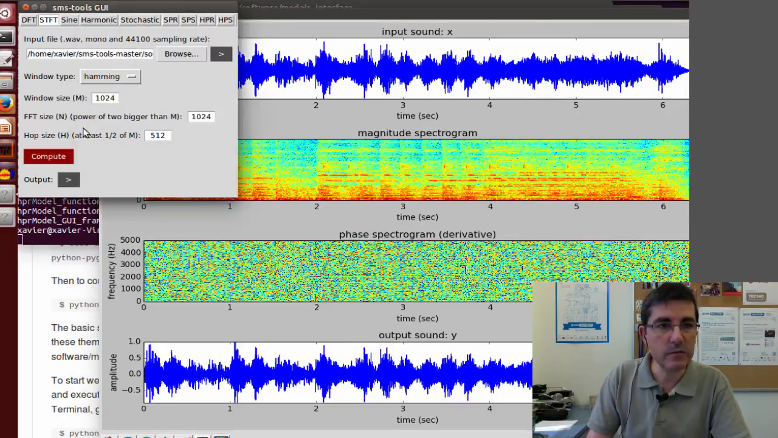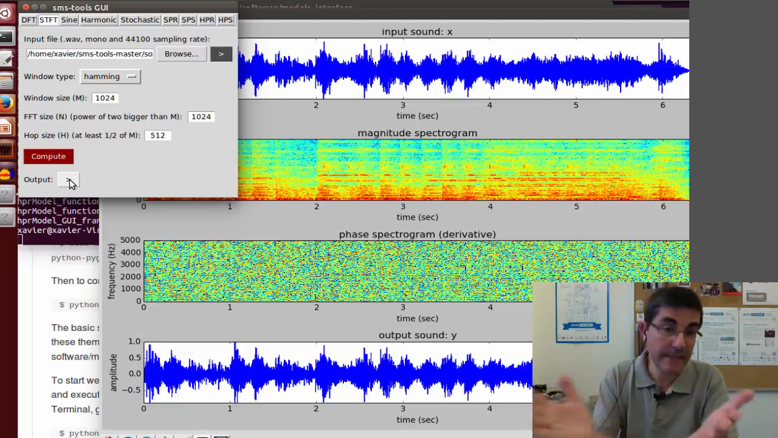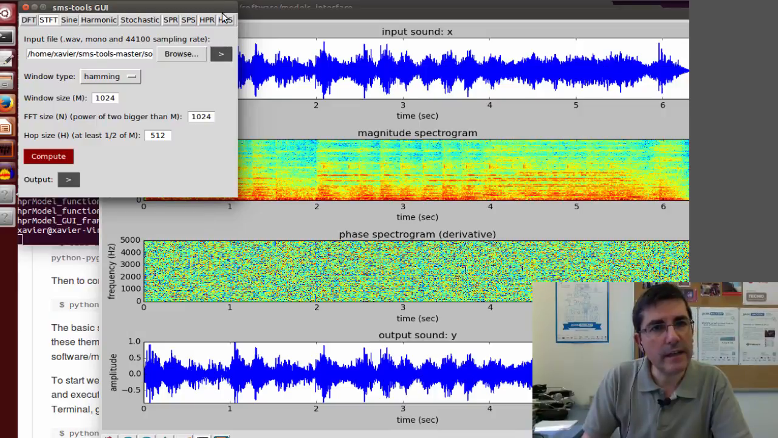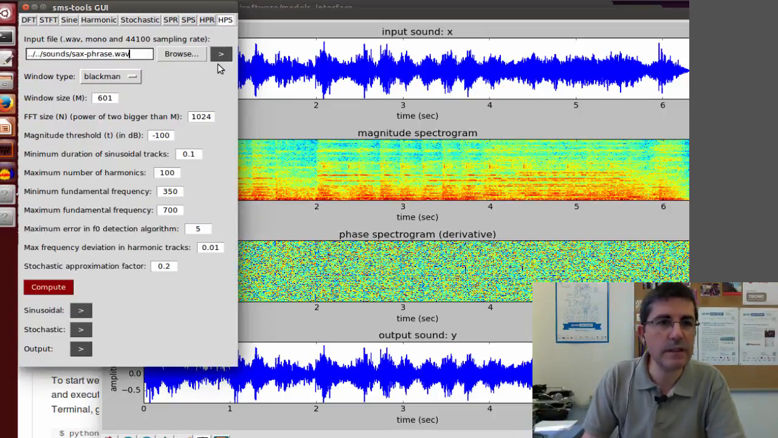And from the interface, we can play this output sound. Okay, so that's basically the same. So that means that this analysis synthesis has worked quite well in terms of an identity system. So that's good. Let's go to another of these models, maybe the most sophisticated one that we will do, which